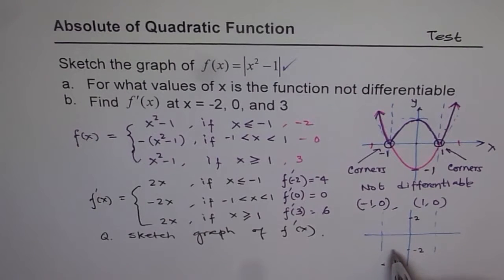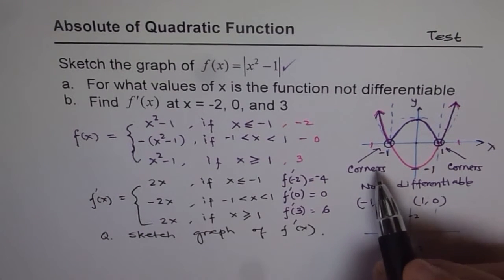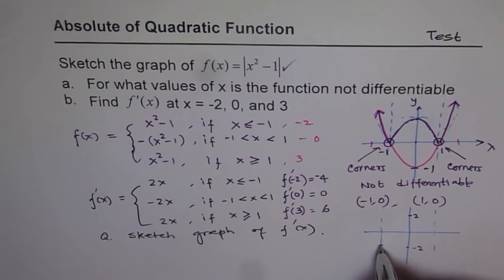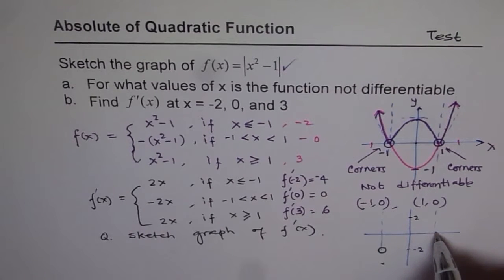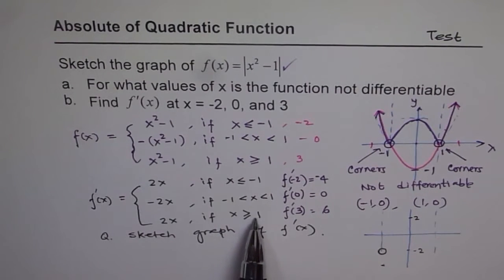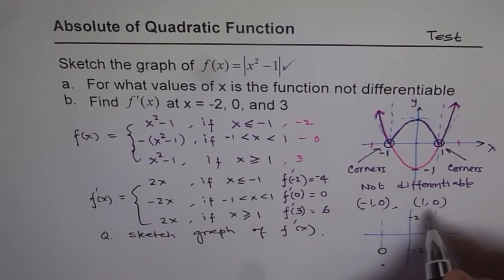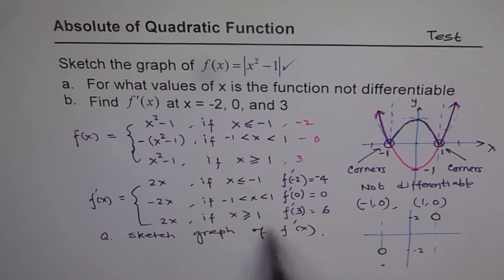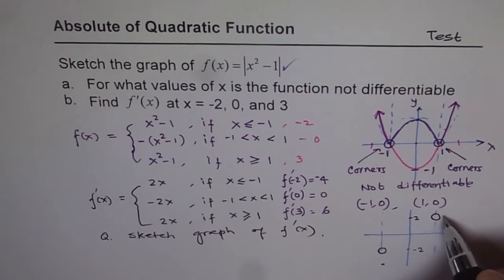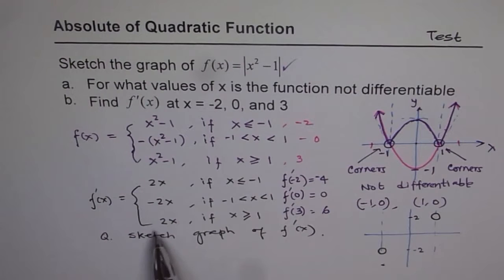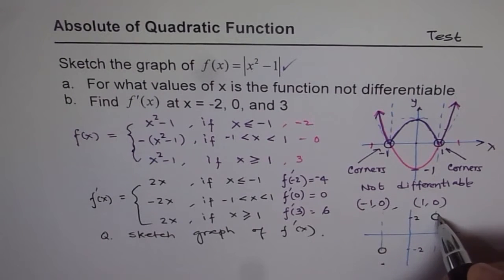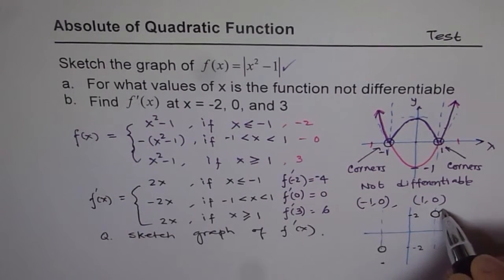Now, at x equals minus 1, the value should have been minus 2, but it is undefined. So here you have to draw a hole. That is very critical. And similarly on this side, when you plug in 1 here, you get plus 2. So there will be a hole here. Do you see that? A hole here, right? And as you plug in more values like 2, 4, 6, you get a line, right? So that line is with a slope of 2, correct? So at 1, it is supposed to be 2, and thereafter it has a slope of 2. So it will be a line like this,